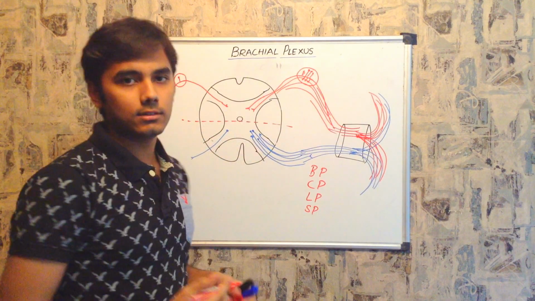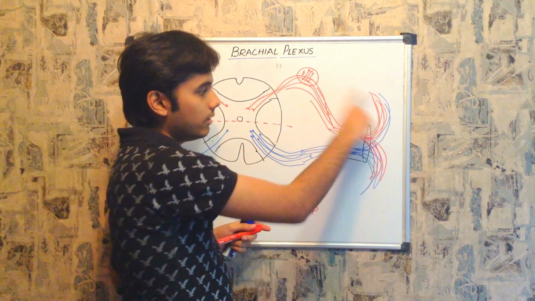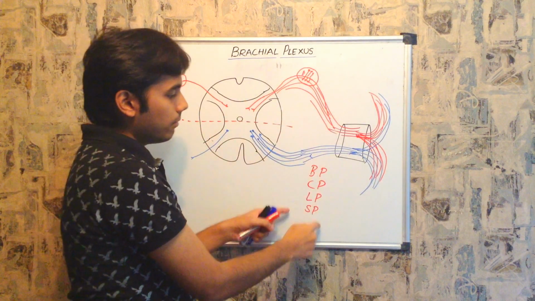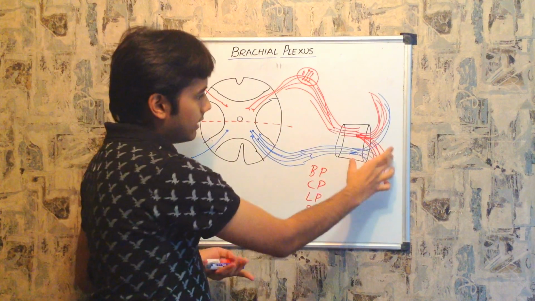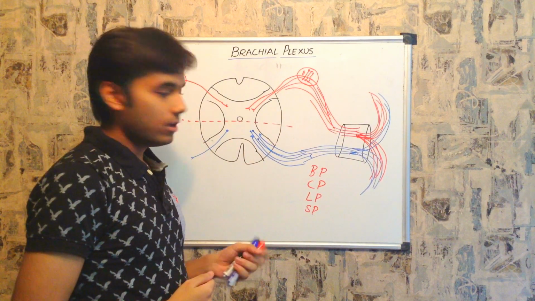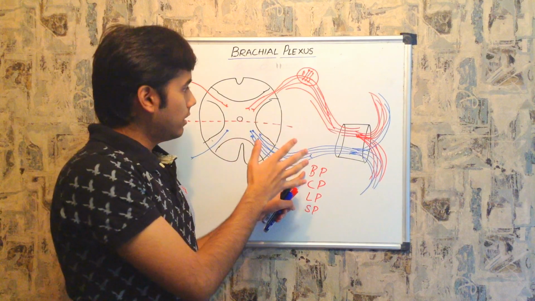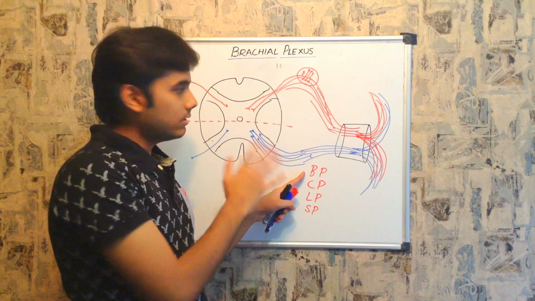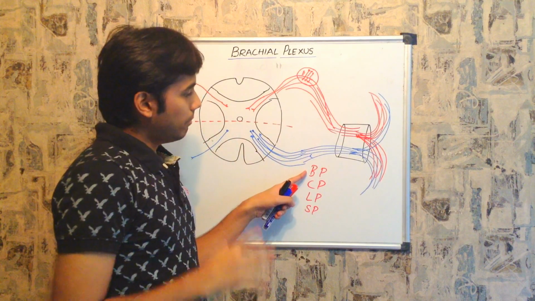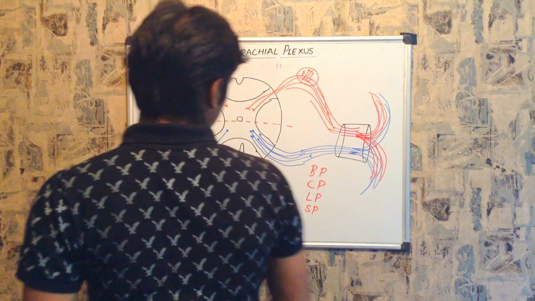So how are these plexuses formed? Plexuses are formed from the anterior rami but not from the posterior rami. So the anterior ramus of the spinal nerve forms the plexuses. That is the reason why the brachial, cervical, lumbar and sacral plexuses are formed. So we'll see the branches. We have just revised the origin of the brachial plexus. It is general and an introduction. So we'll go into detail with the branches of the brachial plexus, and next we'll go with the clinical terms.